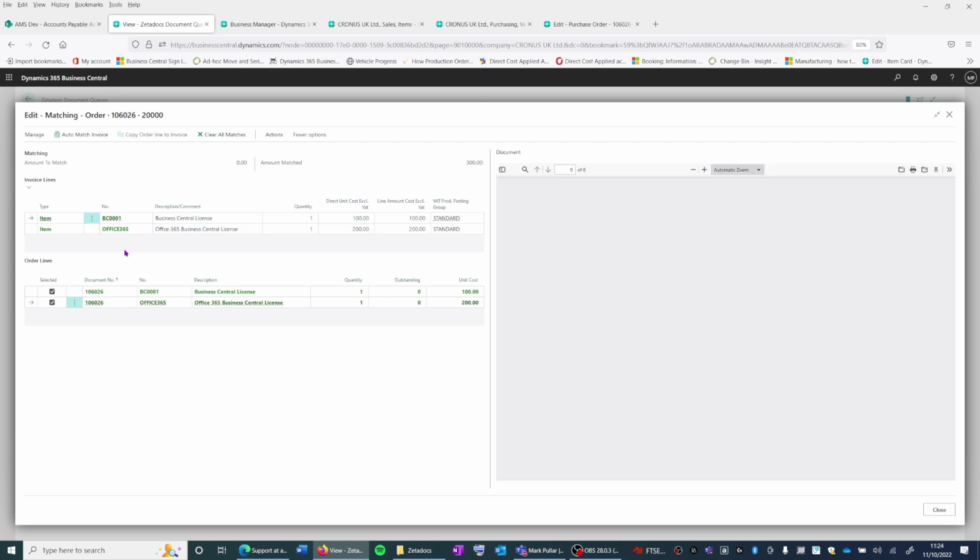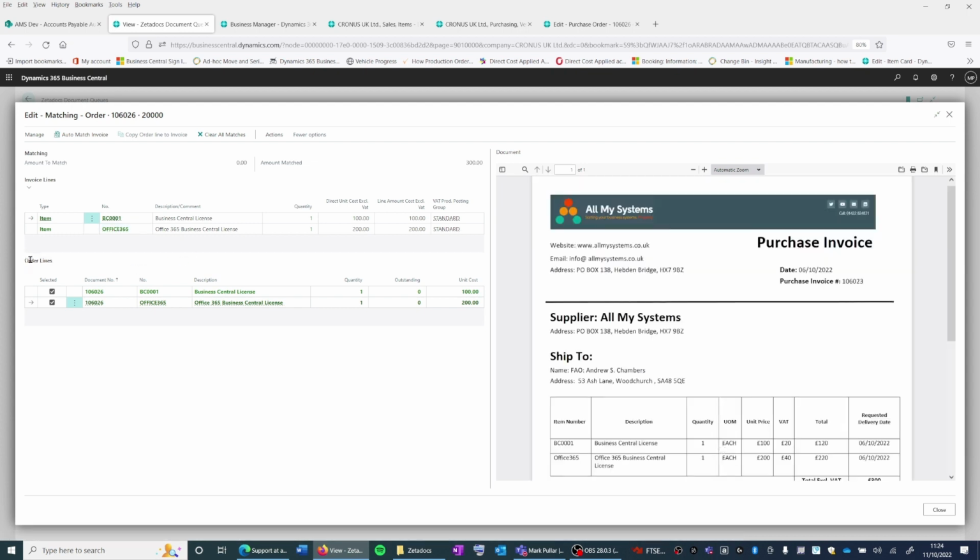And as you can see, the two lines have now been matched and it's coloured them green. You can see here that it's found the order lines. If this had already been receipted as goods, then this would say something along those lines. From here we can now close,